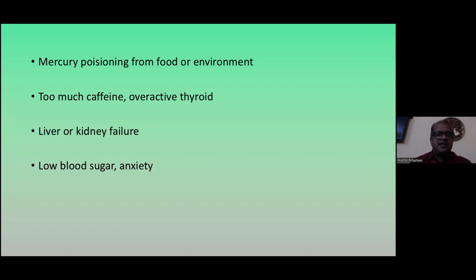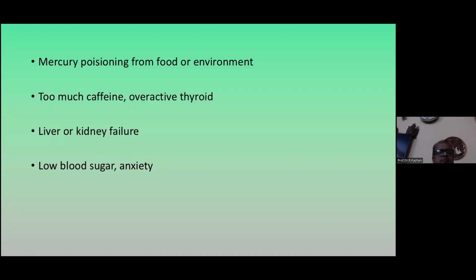Liver or kidney failure can produce tremor, and that tremor is called flapping tremor or asterixis. You have to outstretch the hand, give some pressure, then you can see a drop in the hand, a very low frequency tremor. That is called flapping tremor. Most of the time, the metabolic tremor is bilateral. There are times you can get unilateral flapping tremor, but the common metabolic disorder is usually bilateral flapping tremor.